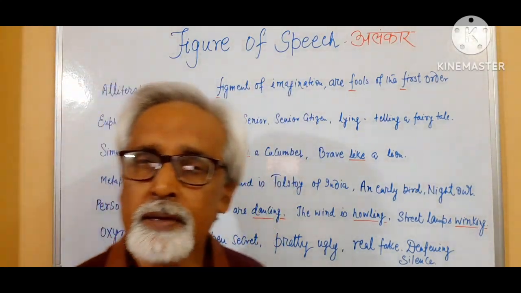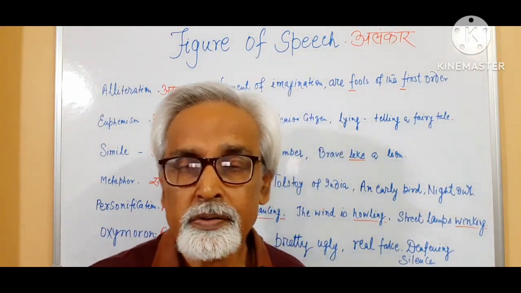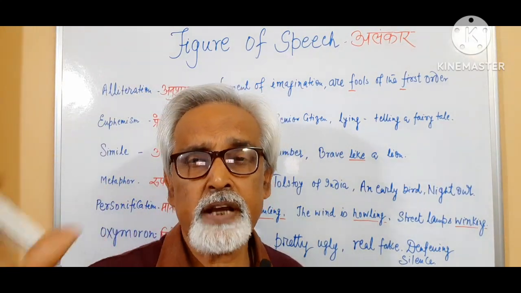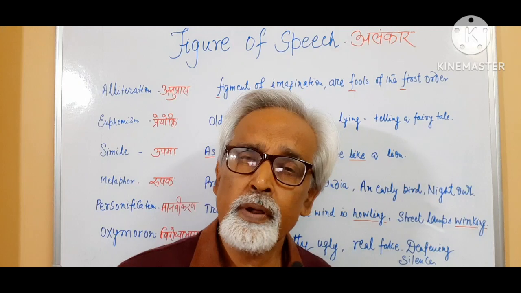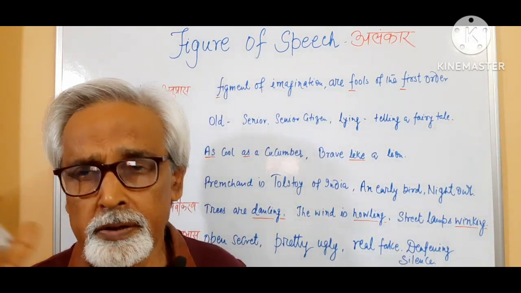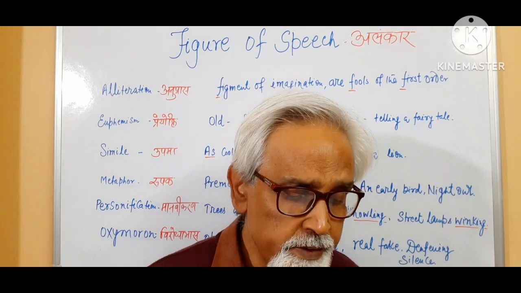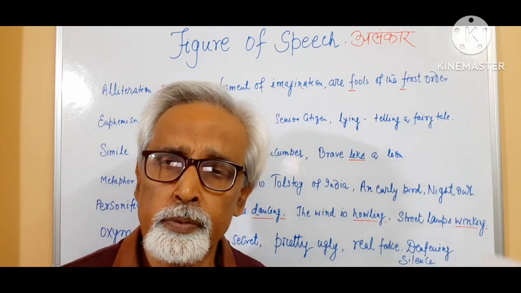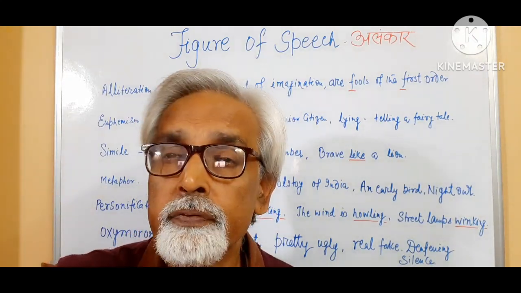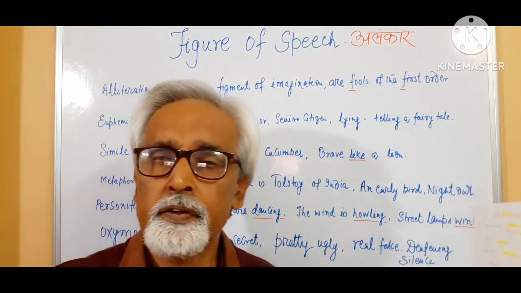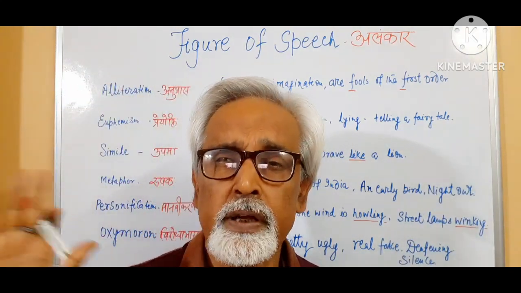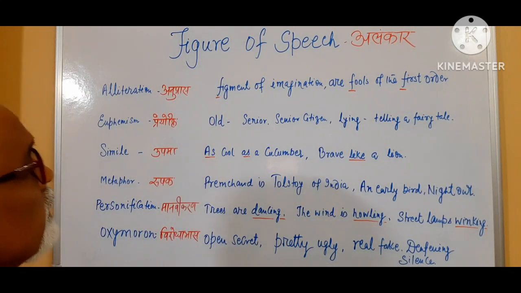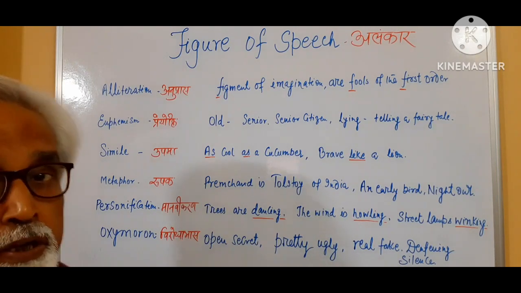And similarly, if someone is disabled, don't use the word disabled for him or her. Say physically challenged. Even the government has replaced the word disabled with physically challenged. He went to his heavenly abode. Bapu went to his heavenly abode. Bapu merged with the infinity and Bapu left his mortal coil. So many ways are there to say it. I hope you have understood what prayokti or euphemism is.